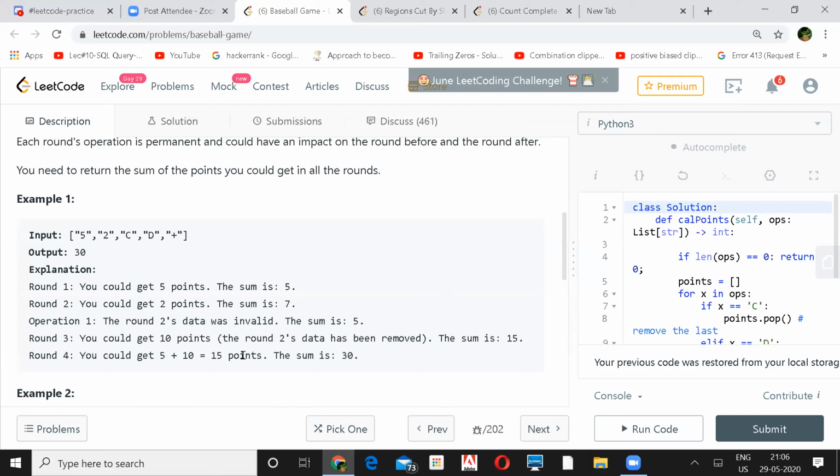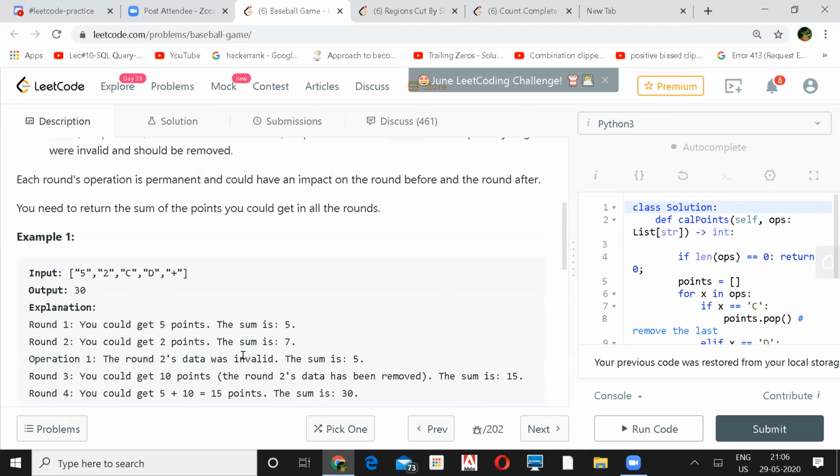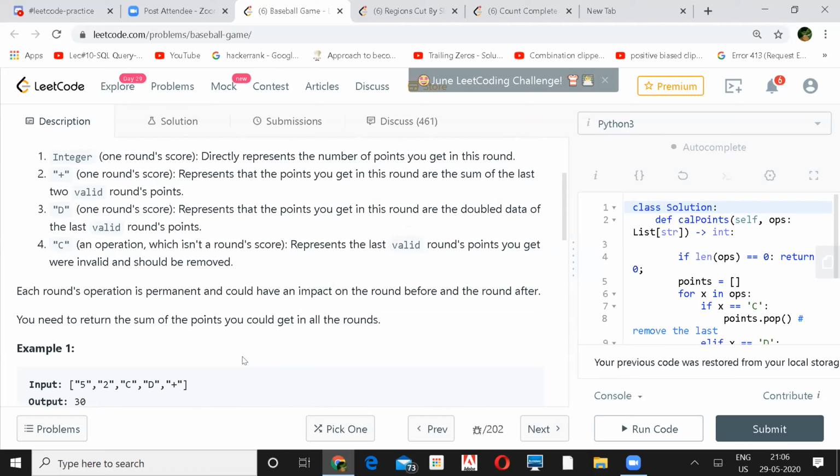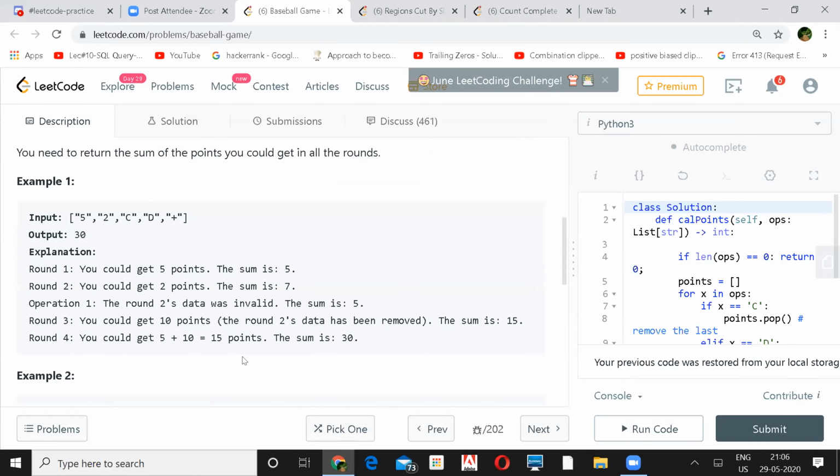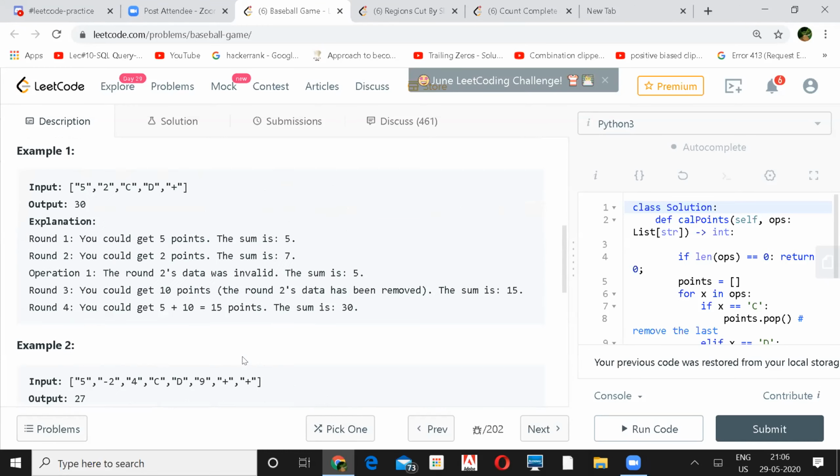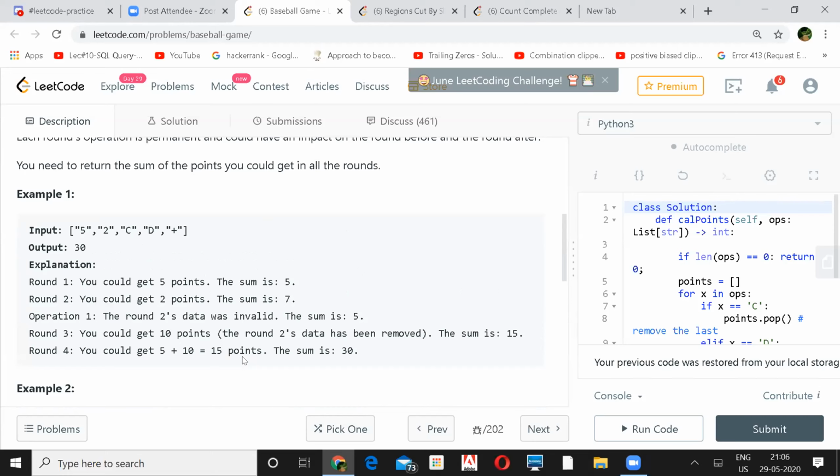So if you have another plus, it means we will be taking this 15 as one point, and then the previous one was 10, so that will be 25, correct? 20. Yeah, exactly. It's more of a rule based problem. So you need to keep track of the last two values and the current value, right?